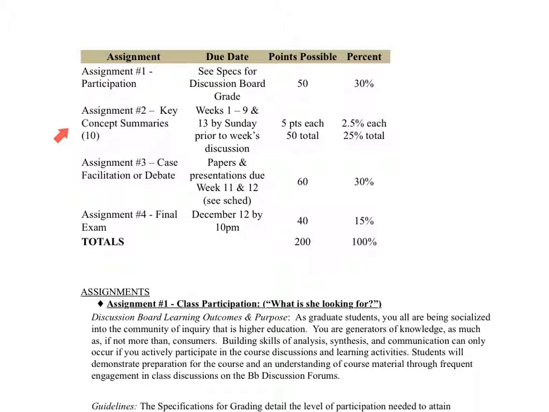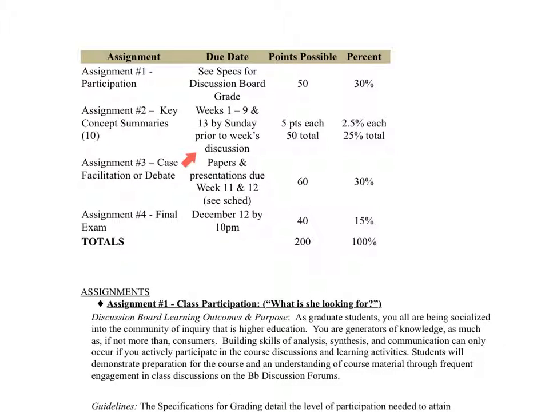There's a template in the actual journal assignment on Blackboard, and that will give you the format that I want you to put these journal entries in. And I'll talk about those a little bit more in a second. Like I said, there are 10 of them, and you will have them starting at the end of week 1 and going through, I believe, week 9, and then one more of them on week 13.